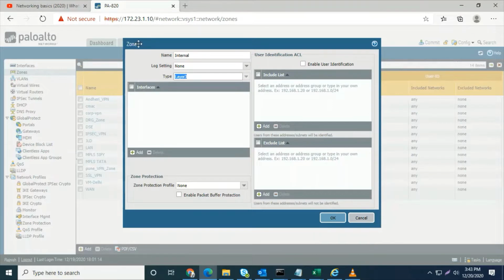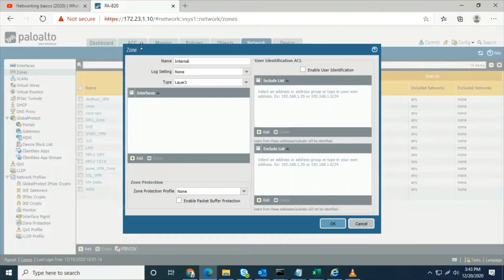This is the window for zone configuration. So I assign the VLAN. Because I already configured a zone, my LAN interface is also assigned to the LAN zone.